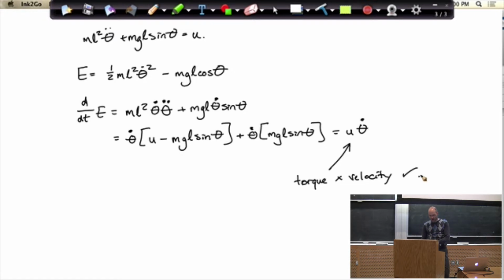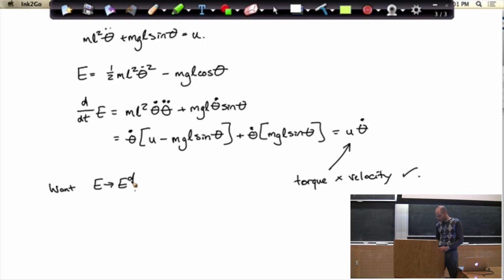Okay, so now we have to think about how are we going to drive the system. We know how to force a change in the energy given some input u. Okay, how do we come up with a nonlinear controller that's going to regulate energy? And it's a very simple idea. We want to take E to some E desired. So I'm just going to write a simple feedback controller that drives E